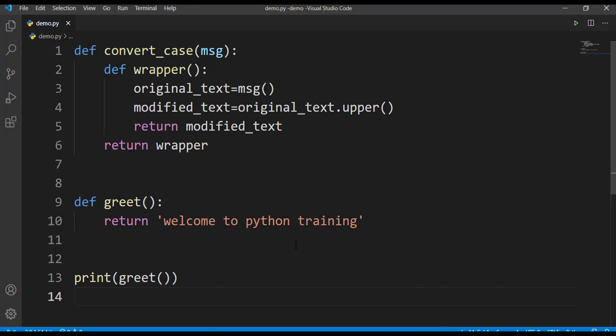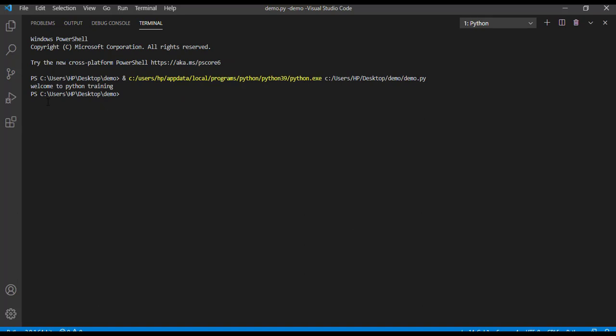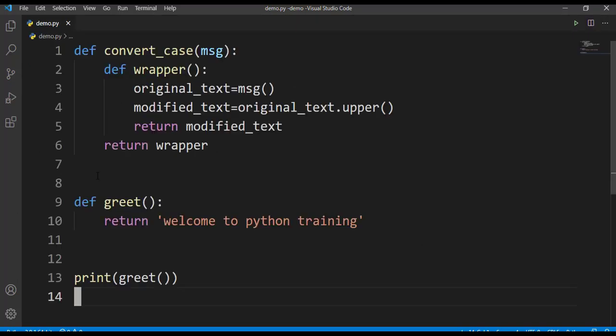So when I run these lines of code, what output will I get? I'll get output as welcome to Python training. Let's check that. So here you can see welcome to Python training. It is not decorated or converted to uppercase. So how can I do that? I have to call this decorator function here.